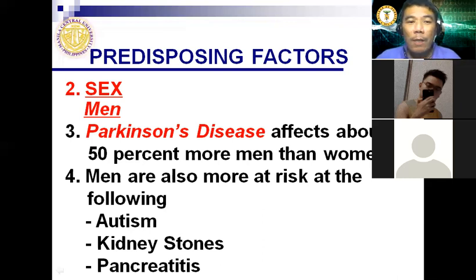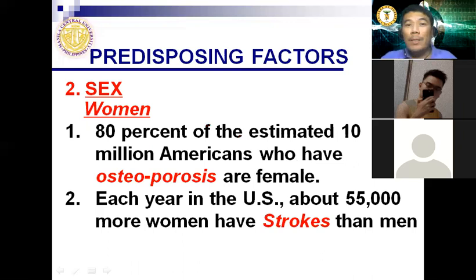Let us now proceed with the female. For females, these are for Americans, 80% of the estimated 10 million Americans with osteoporosis are women. Actually, there are also findings here in the Philippines that Filipino women are at more risk of osteoporosis than males because females have an early age of menopause, and hormones again are a great factor because this may help decrease the calcium reserve in the bone